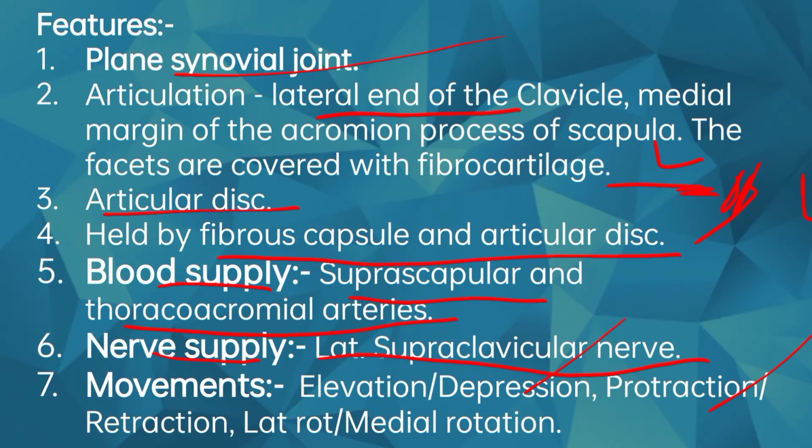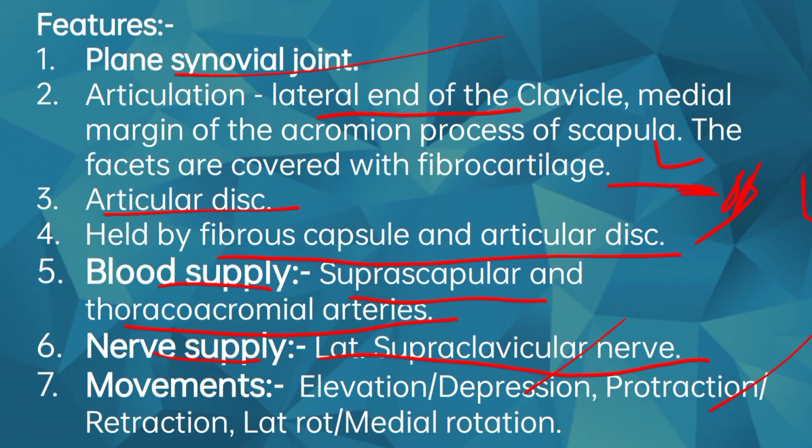In elevation of the scapula, as in shrugging the shoulders, the movement is brought about by the upper fibers of trapezius and by the levator scapulae. It is associated with elevation of the lateral end and depression of the medial end of the clavicle. While you are doing elevation, the lateral end of the clavicle gets elevated, and at the same time the medial end of the clavicle gets depressed. The clavicle moves around an anteroposterior axis formed by the costoclavicular ligament.